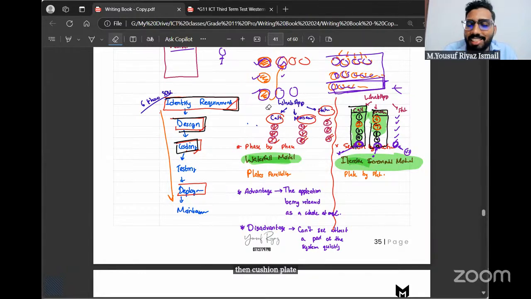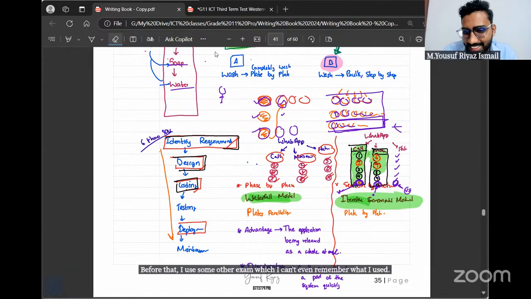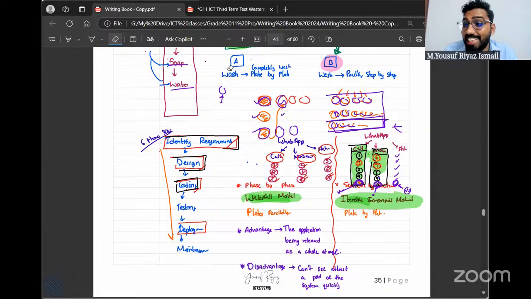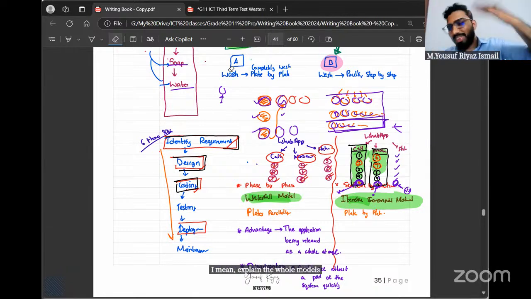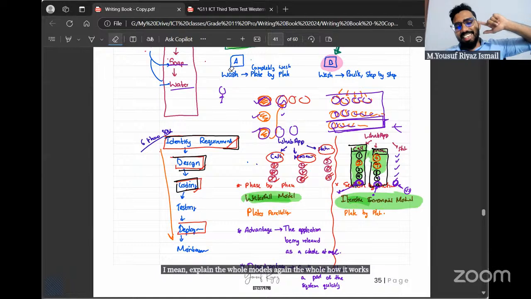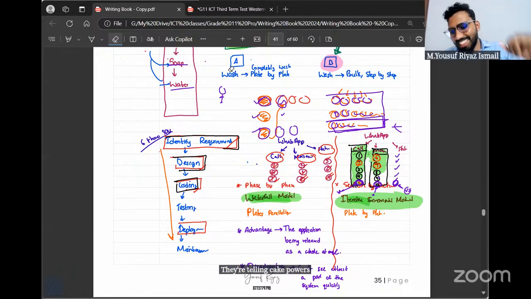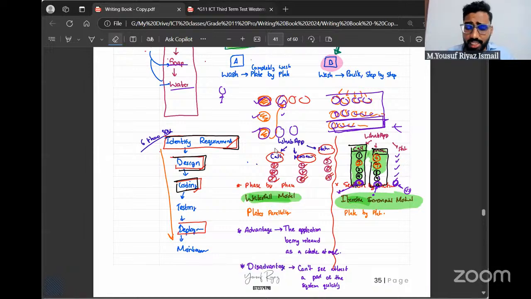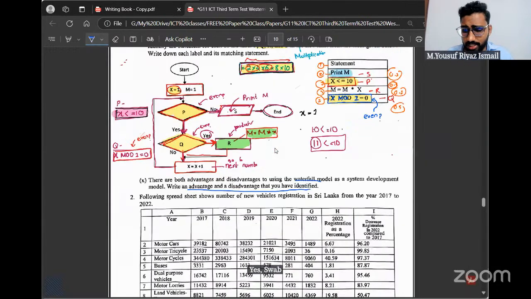Before that, I used some other example which I can't even remember. Cake, exactly. I explained the whole models again, how it works. The third, I think, cake, car wash, and now plates. Fine. Yes. Sixth time then.